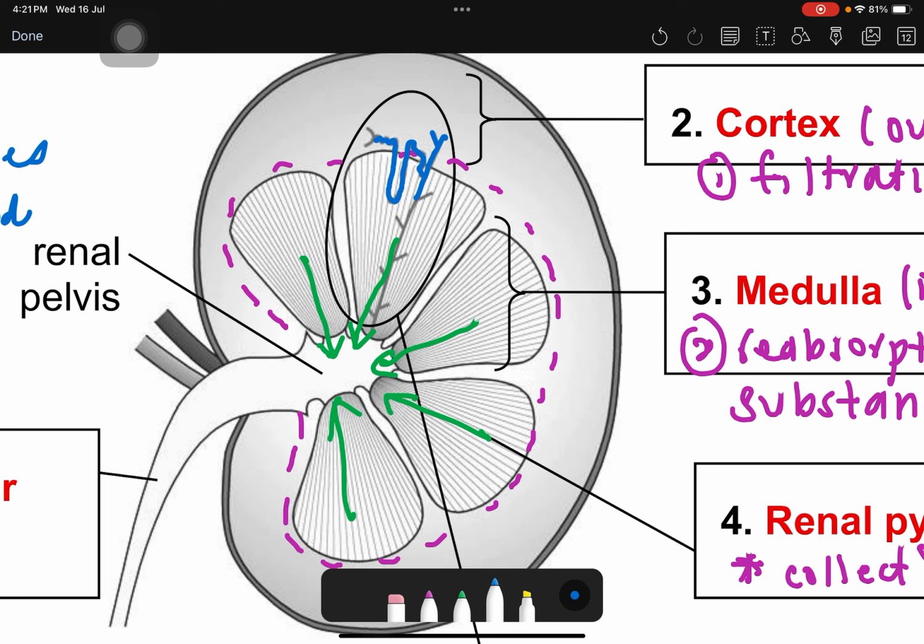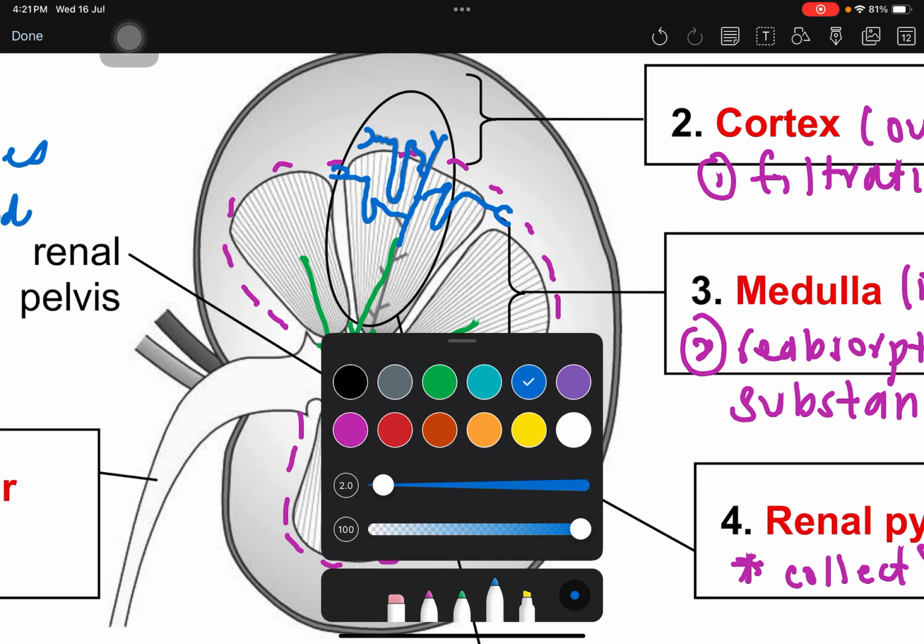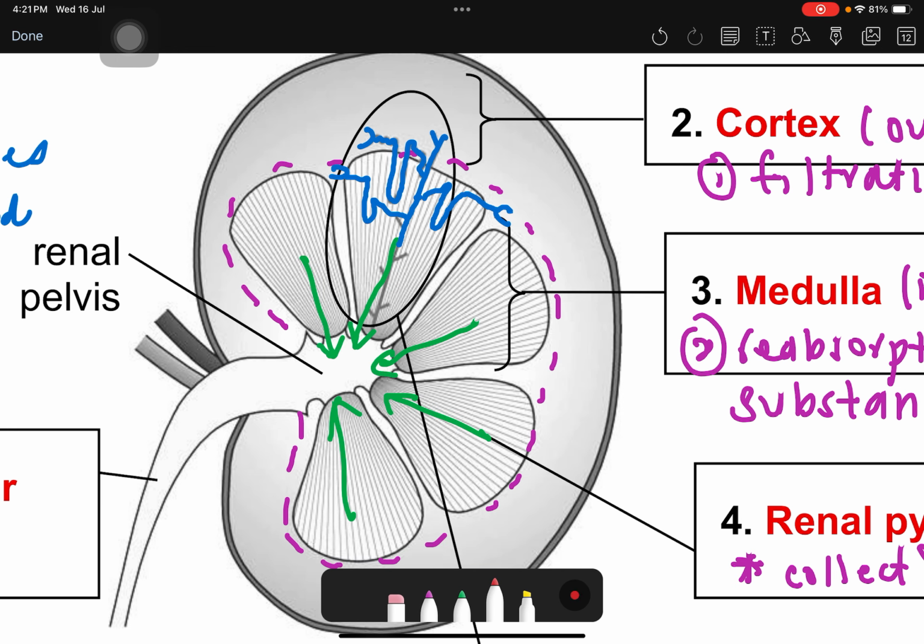Okay, so this is actually one nephron. All right, and there are actually many nephrons that are connected together. All right, let me just do a few drawing loops. So you can imagine there are many nephrons that will combine together within the renal pyramid,